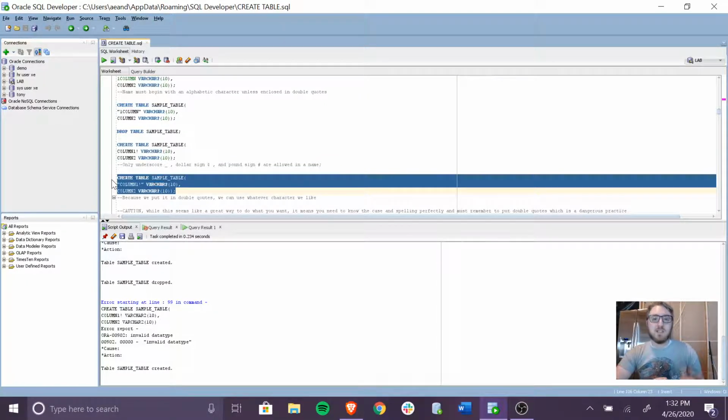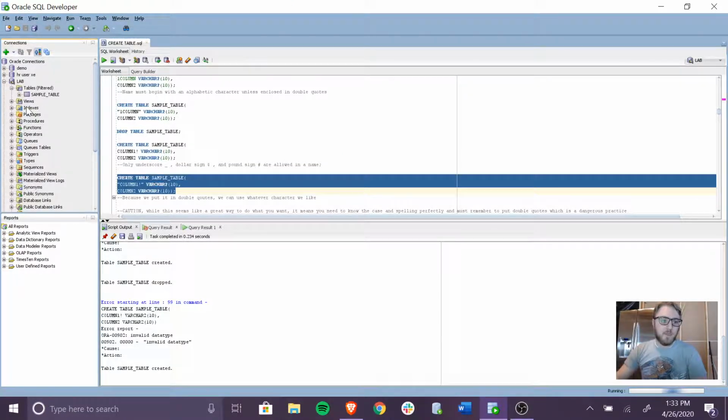Now, I'm not saying that this is impossible or that there's no scenario where it would make sense to do this, but unless absolutely necessary, I personally don't think it's a wise decision to use those double quotes just because it puts a lot of pressure on you. And even if you have the data in the database, if you can't quite remember exactly how it was, you might be referencing it incorrectly, and so you're not going to be able to create your join statements and such like that. Now, you can always come over here and look up the tables that you have. So it's not like you can never figure it out, but it creates more work than if you always remember that the object names always carry on with